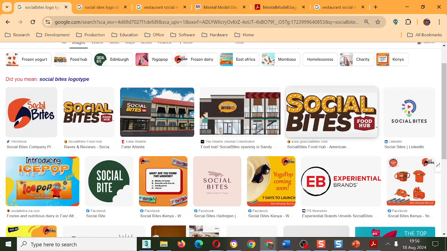So what I've put on the screen is just examples of logos, and logos are not divorced. The symbol itself is not divorced from the logo type. SocialBites in writing represents the logo type, and also the symbol represents the logo, right? So it has a visual component and a written component. You see, these different organizations have done them in different ways.